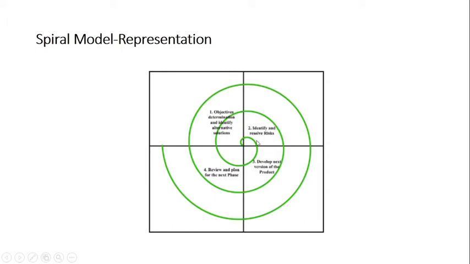Second is identify and resolve risk. Now this is the second quadrant, which is specifically meant for the spiral model, where risk management is carried out. Risk management is a process, right? It's not a single activity. First of all you have to identify the risks which might come true in your project. We haven't developed the software yet, we just have the objective, that is the requirements. From those requirements, you have to identify the risks which might come true in your project.